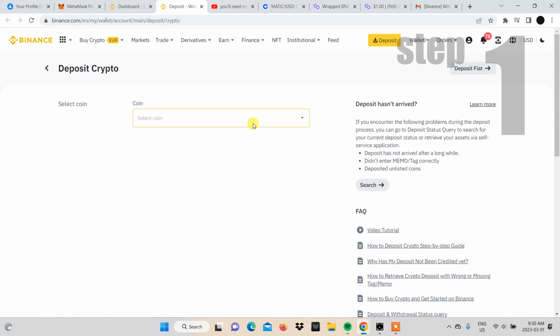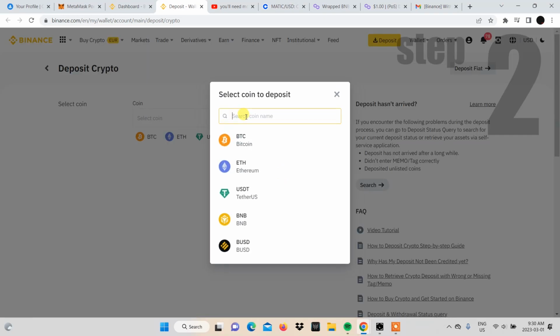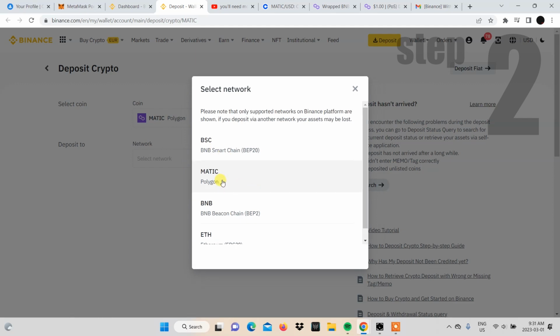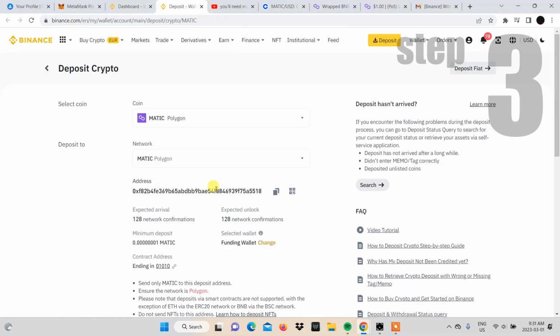Go to the recipient wallet and go to the deposit section. You'll need to select the cryptocurrency you want to receive and then select the network that is going to be sent on. Now, this particular step is very important because if you select the wrong network, then you are bound to lose the funds that you're transferring. After you've selected the network, copy the address that appears at the bottom of it and go to the Metamask